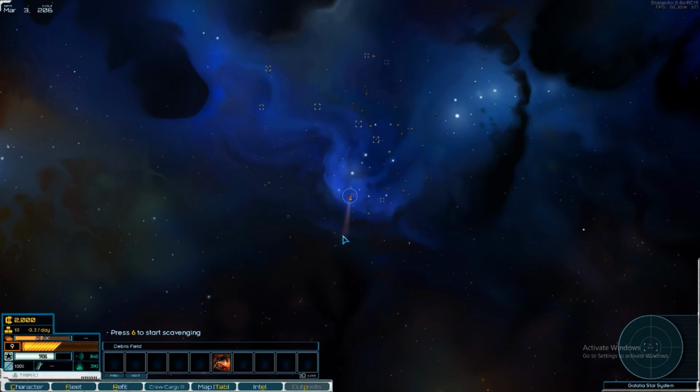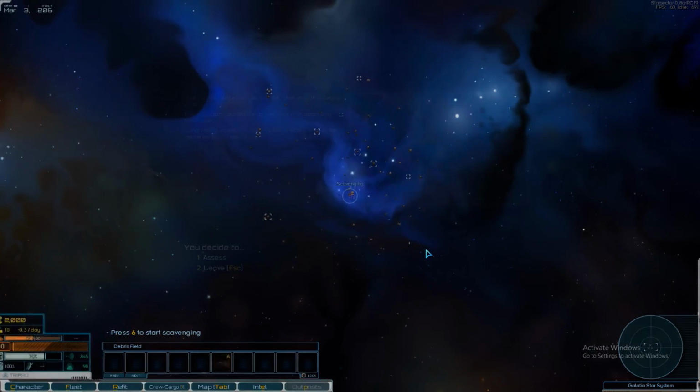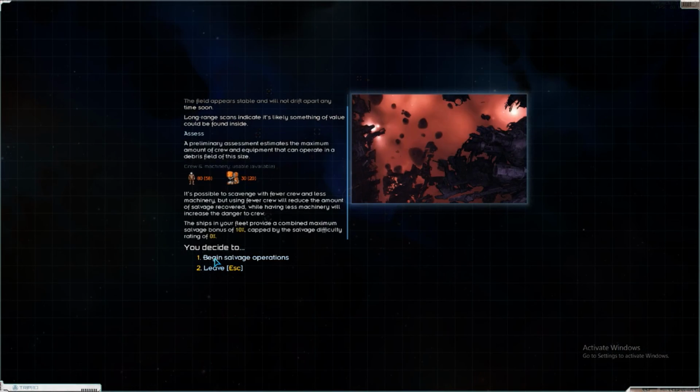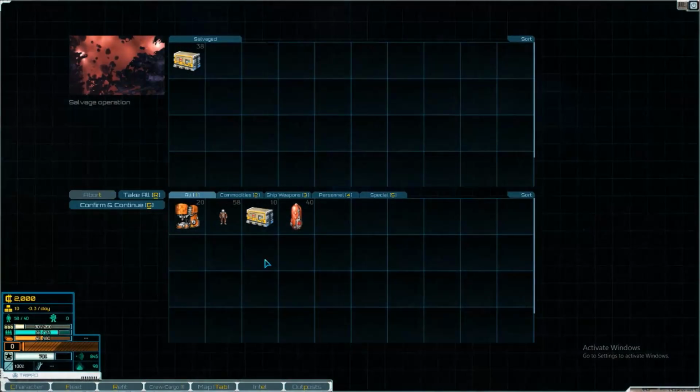You just click and it takes you there. If you click and hold, it keeps you there. If I press 6 to use my salvage ability and assess the site, we don't have enough crew or heavy machinery, so this decreases our risk of losing crew. This increases the amount of loot we'll get. So if we begin salvage operations,